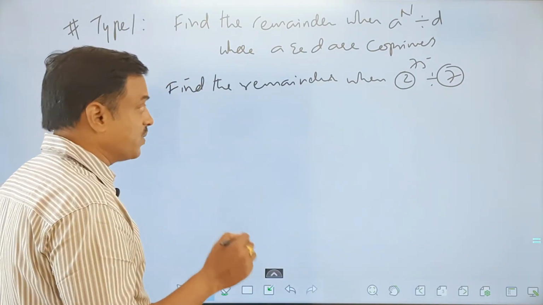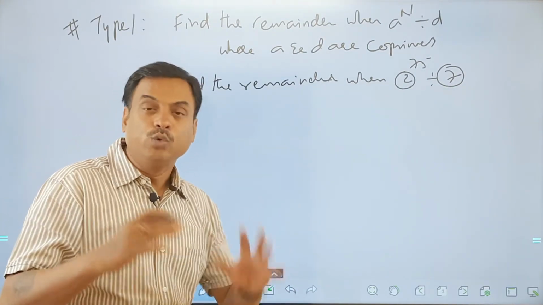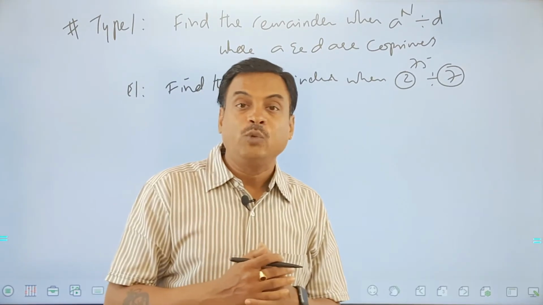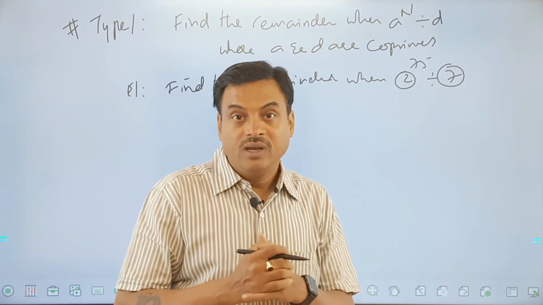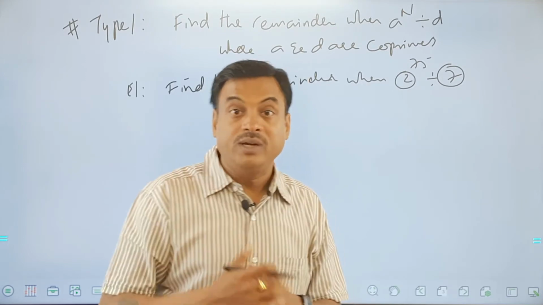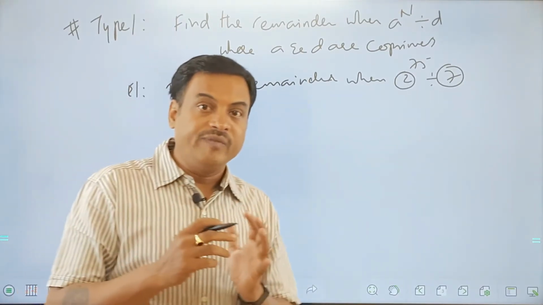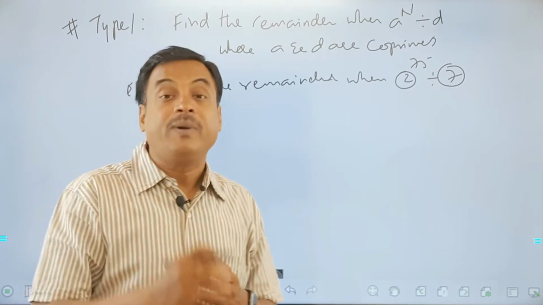Now how do we divide this question? Imagine 2 power 75 is a huge number. Can I find the value of 2 power 75? And then I should divide it by 7. Is it possible? Divisibility of 7 is also a difficult one to do. Correct? So there are a lot of difficulties here. So by use of property, it is very easy.